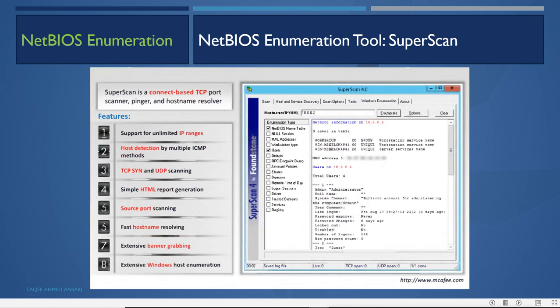It can do simple HTML report generation, source port scanning, fast host name resolving, extensive banner grabbing, and extensive Windows host enumeration. So it can do all these things by using this graphical tool.